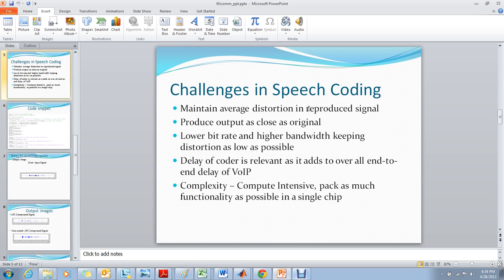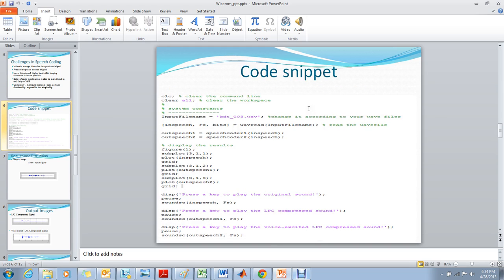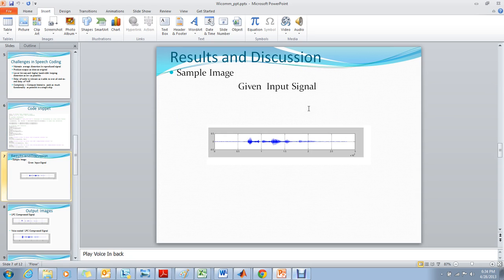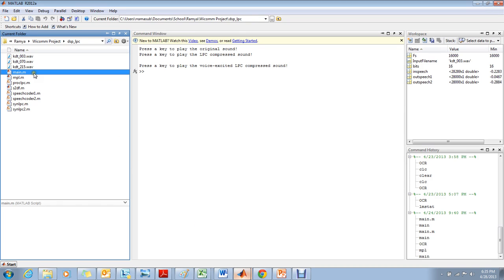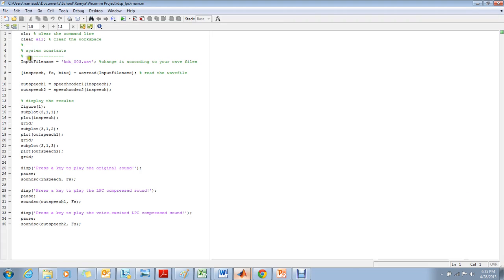into a single chip. The following is a code snippet, followed by the waveform of a given input analog signal and the output images of the signals in LPC compressed and voice-excited LPC compressed form. Now let me show you a demo of the speech signal algorithm. So basically I have an audio signal being fed as the input. So when I run it,